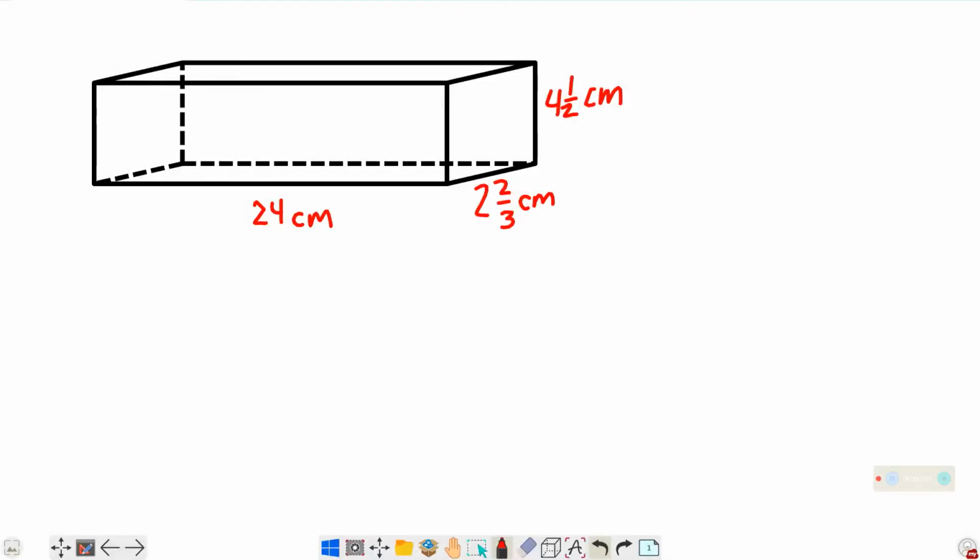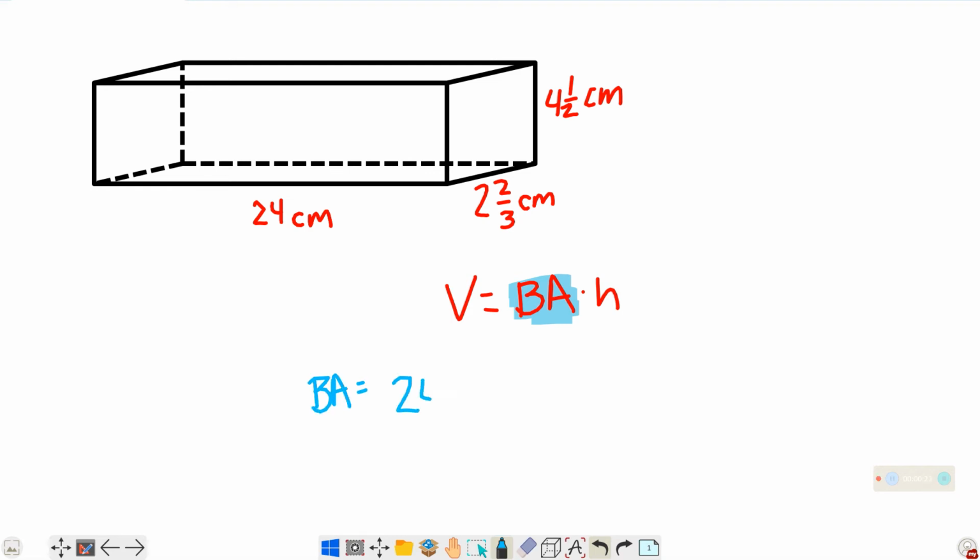Question 2 says, calculate the volume of the following prisms. So volume uses the formula base area times height. For the base area, we are going to multiply the dimensions of the rectangle on the bottom. All right, the base area